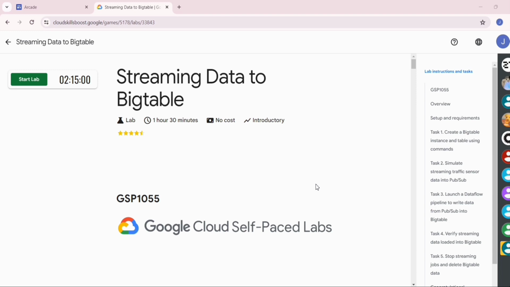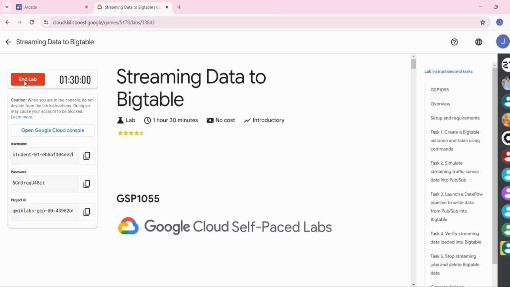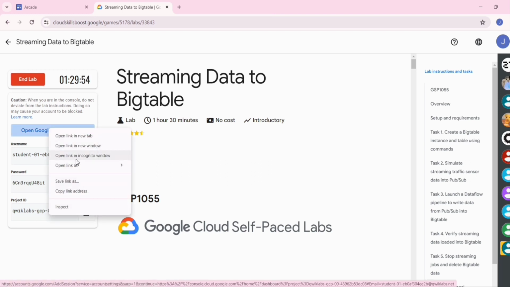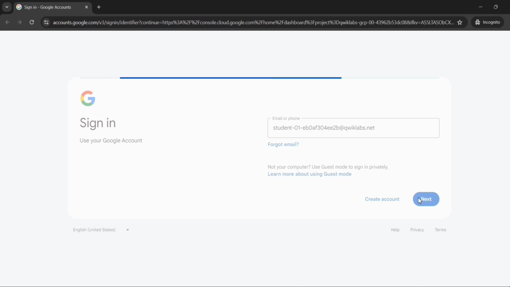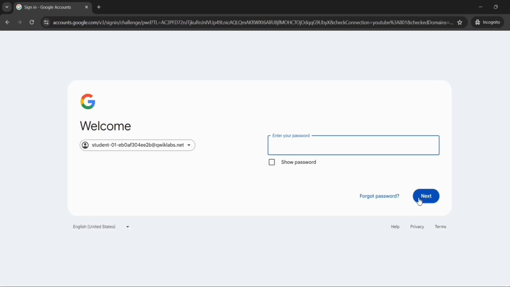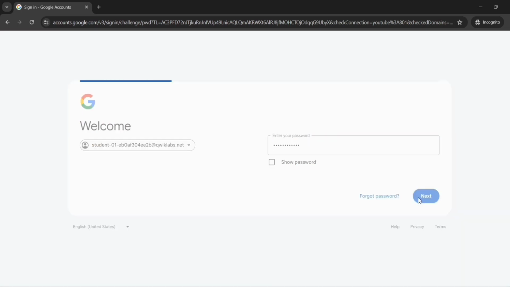So let's get started. Just click on the Start Lab button. Copy the password, open the Google Cloud Console in an incognito window. Now click on the next button. Now paste the password and click on the next button.